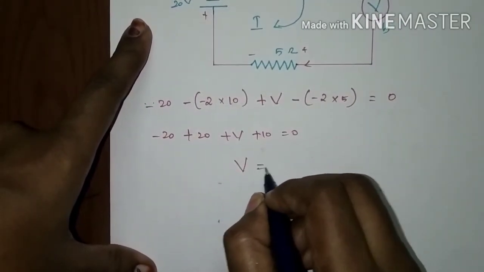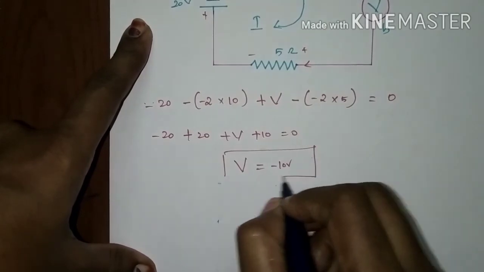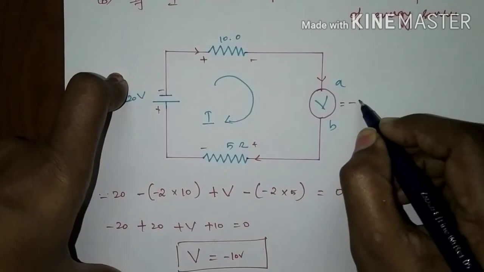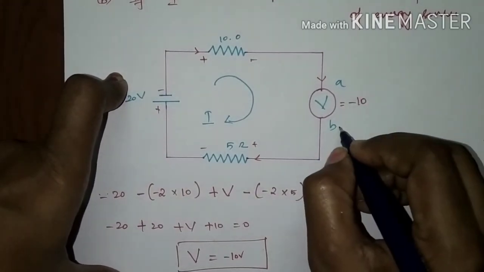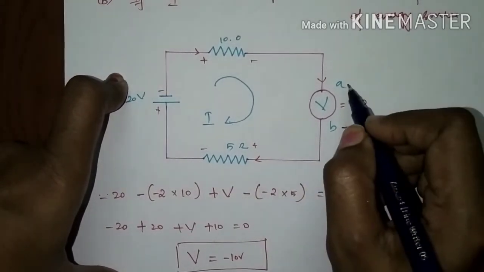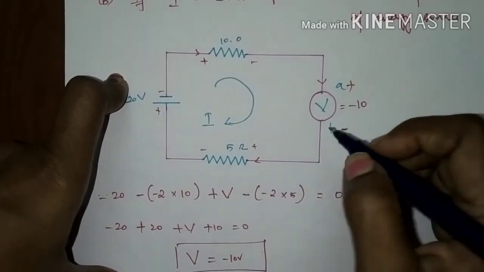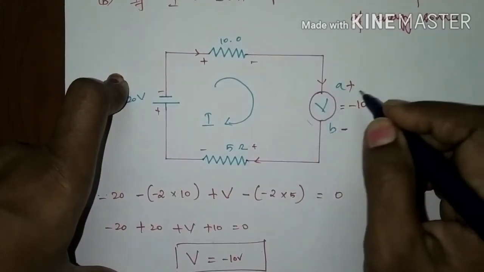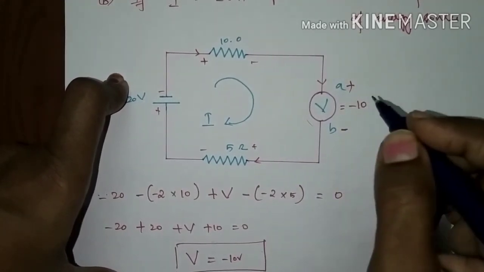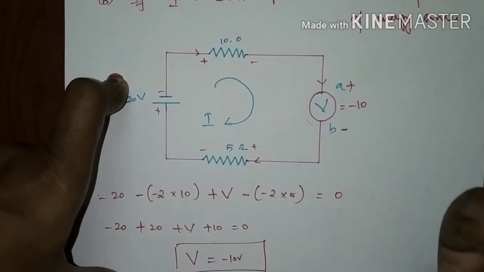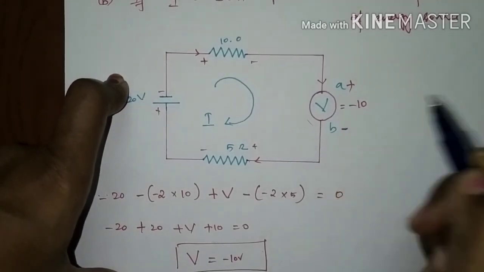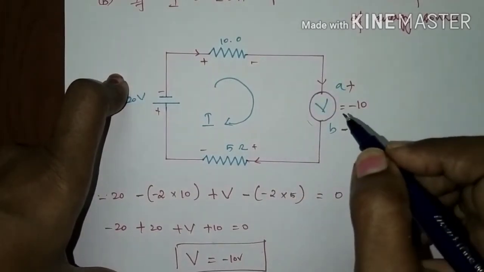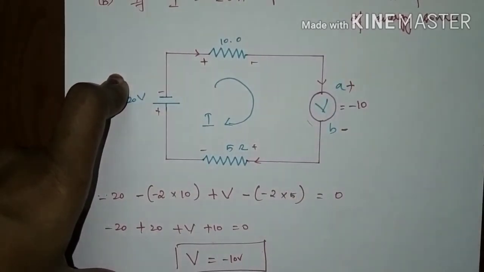The value of voltage source is equal to minus 10 volt. Here this voltage source having the value of minus 10 volt, that is B terminal is negative where A terminal is positive. The current is leaving the negative terminal and entering the positive terminal. Here this energy source is not acting as a source. It is acting as a load, and it is acting as a potential fall. The value of voltage is minus 10 volt. So it is not acting as a source here. It is acting like a load here, and it is a potential fall.